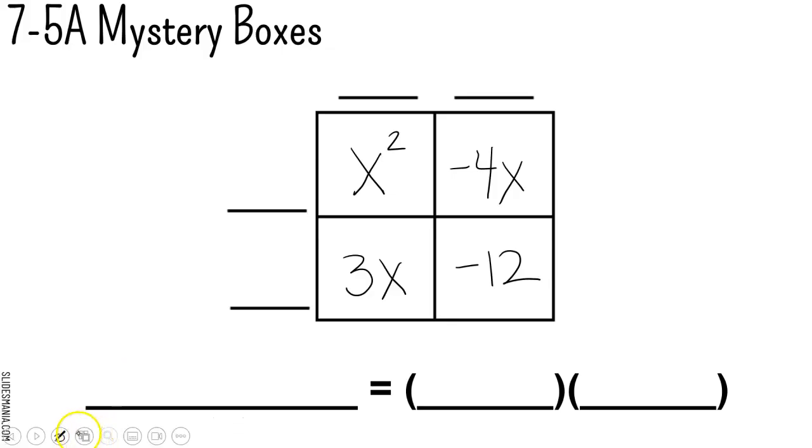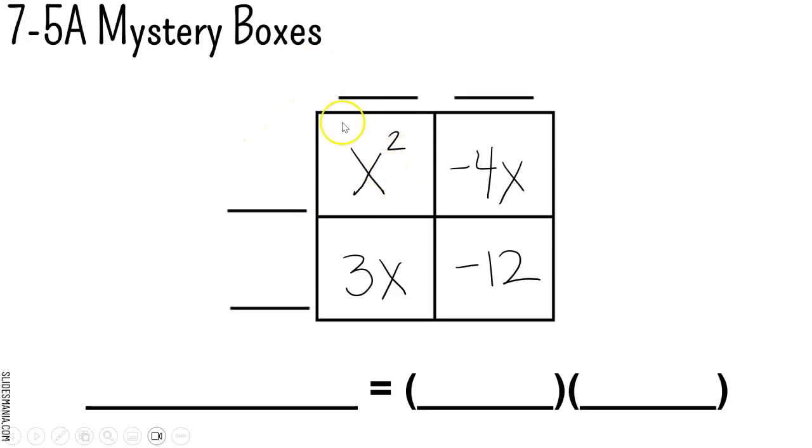So the first thing you're going to notice when you get a mystery box is that you know all of the stuff on the inside. In the past, we knew the terms on the outside and we multiplied those to get the inside. Well, now we know the inside and we're going to try to find the outside. So we're going to have to do some backwards thinking, where we're thinking about what times what